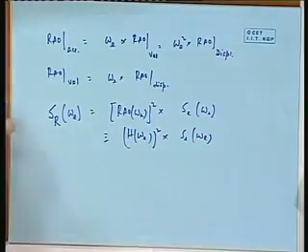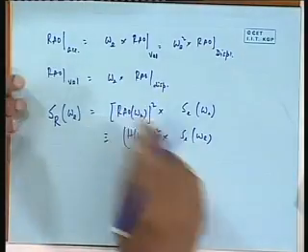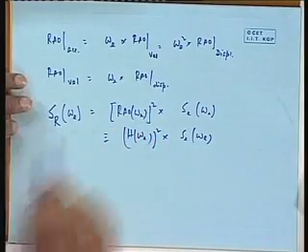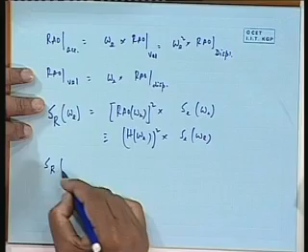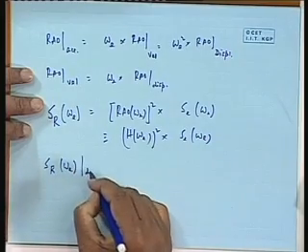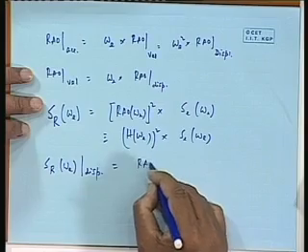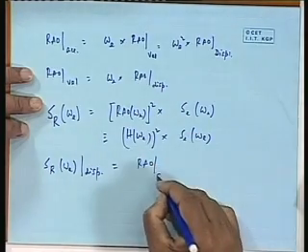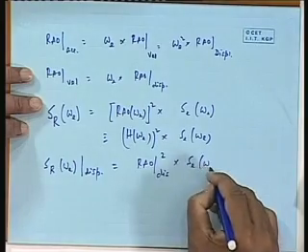Same as this. Instead of RAO W, we write H. We have written H, but I am here calling it RAO because this H will be changing. So what I want to say is that now, if you take SR omega e for displacement, then you get RAO displacement square into SE omega e.